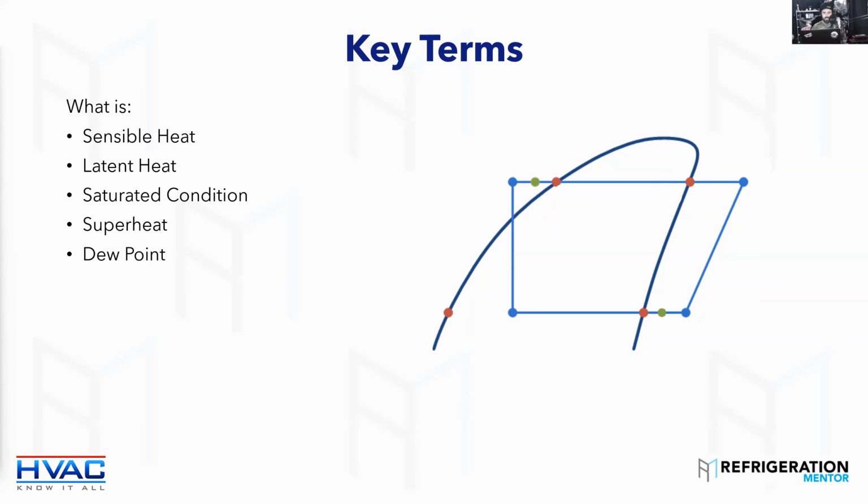It's really the vapor state. Go ahead, Greg. I was going to say, I think Robertson was talking about dew point in terms of the dew point of the air and a cold surface and condensation. I think we should clarify we're talking about dew point in a blended refrigerant, right, Trevor? Is that what you're talking about? Yeah. Okay, so you have a dew point and a bubble point. The dew point is the vapor state of the refrigerant, and this point is what you use to measure superheat.